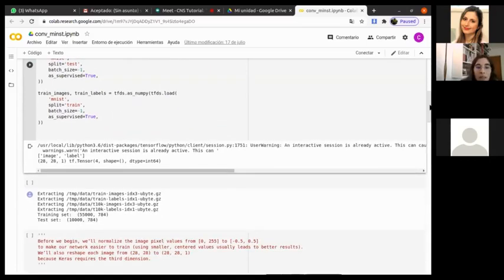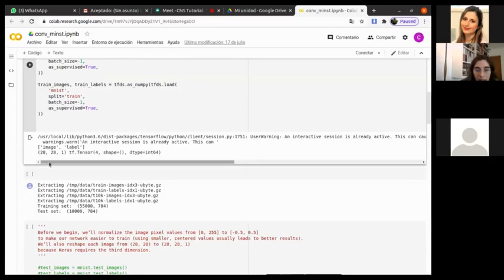If we want to print the information of the dataset, here I print the information of one of the images, and it's a 28 by 28 image, one element that has one label. So we have the size of the image and the feature that we have, which is a label. Then if we print the whole dataset, we will see the size of it,